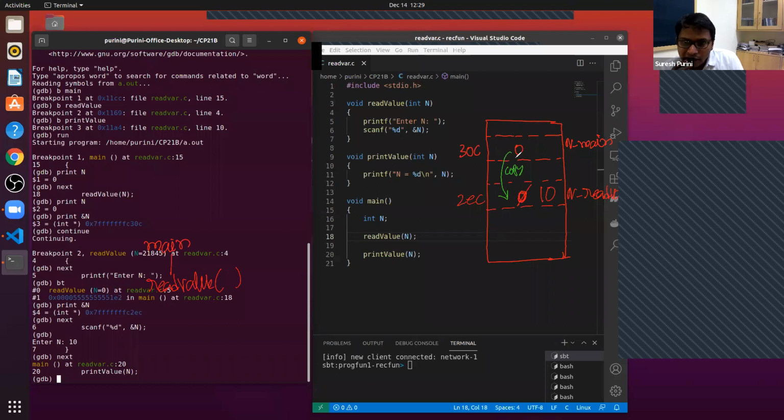And what is the address of n underscore read value? That is the variable n in read value function, 2EC. And when we did the scanf, this memory location got updated, 2EC got updated, but 30C remained untouched. Yes or no? Are you with me?